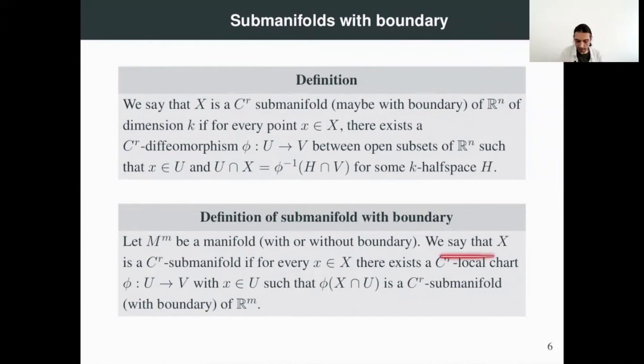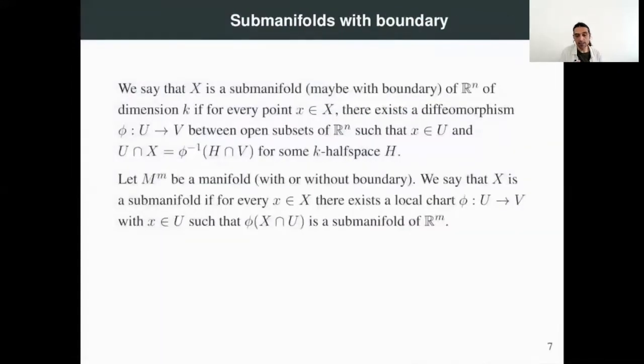We say that X is a C^r submanifold if for every point small x in big X, there exists a C^r local chart that contains small x in its domain of definition, and such that the image of the intersection of big X and U is a C^r submanifold with boundary of R^m, where m is the dimension of big M. It's the natural definition,